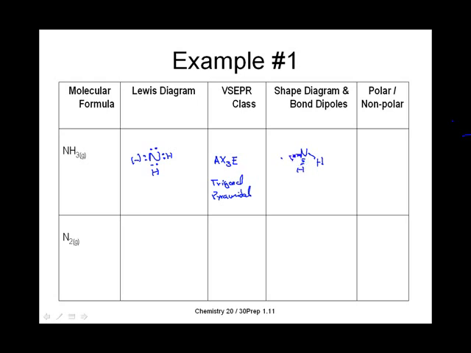We would have something that looks like this: one wedge, one dotted line, and one hydrogen in the same plane as our nitrogen. And our bonds are polar. Since these are all nitrogen-hydrogen bonds, and these are all actually very polar,